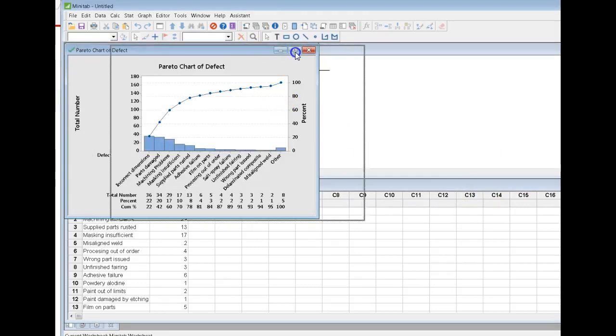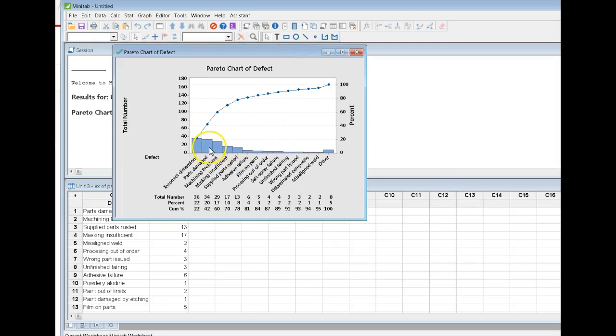Alright, so here's our Pareto chart, and what do we have here? My y-axis on this side is done in terms of total number of defects. So incorrect dimensions, we've got 36, right, 36. Now 36 divided by the total number of defects we have, so Minitab adds all of this up, takes that 36 and divides by the total number of defects, and that